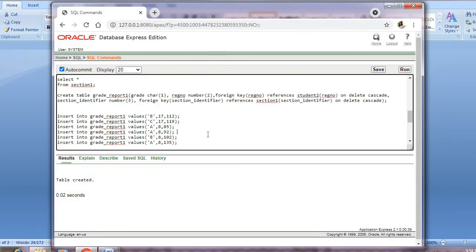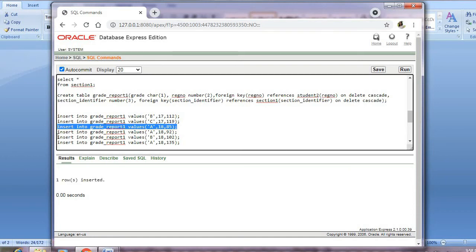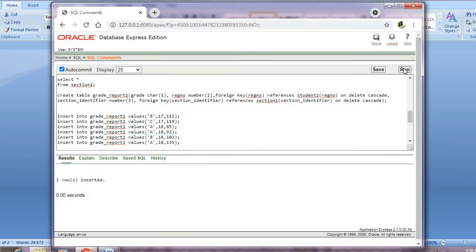Now we'll show how to insert into the table. I have already done it, so I'll just copy and paste to show the things. Now I'll start inserting values one by one. Now one row inserted. The same way I'll try to insert all the rows. As I said, there are 6 records in the grade report table. Second row inserted. Then we'll insert, it was 18, I had entered it as 8. That is the problem. Now we'll see whether it runs or not. Okay. Now we'll insert another record. Yes. We'll check another record.